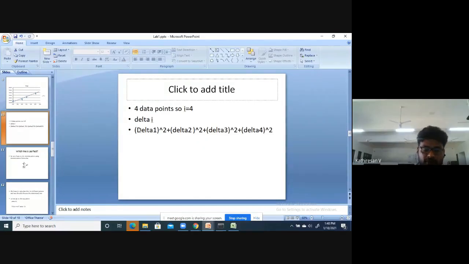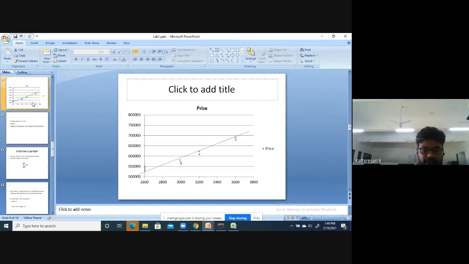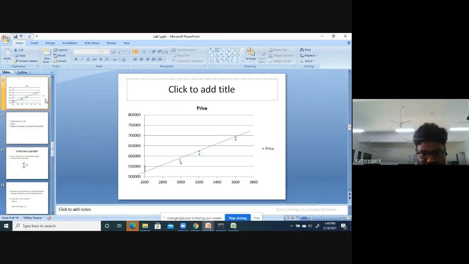So we have to add everything. I mean, we have to square these things and add everything, and find the answer for this formula by this method. Now you will get a question: what is delta 1, delta 2, delta 3? See, this distance is delta 1, this distance is delta 2, this distance is delta 3, this distance is delta 4.